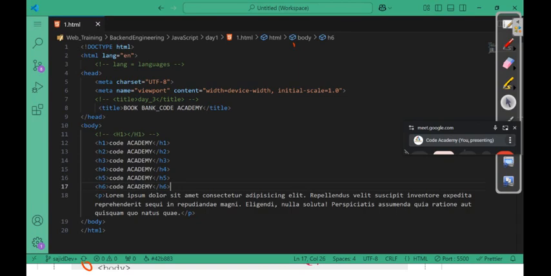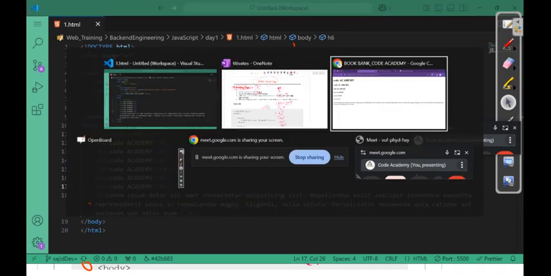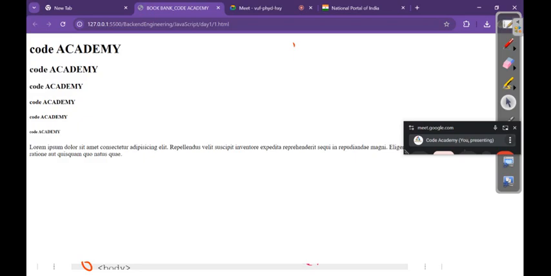Control S and go and watch. So look at here, सबसे ज्यादा किसके पास बोल्डनेस है? h1 के बाद. अब हम जब जब नीचे की तरफ आ रहे हैं तो बोल्डनेस क्या हो रहा है? डिक्रीज हो जाएगा,